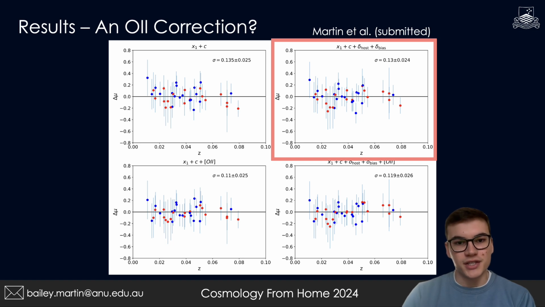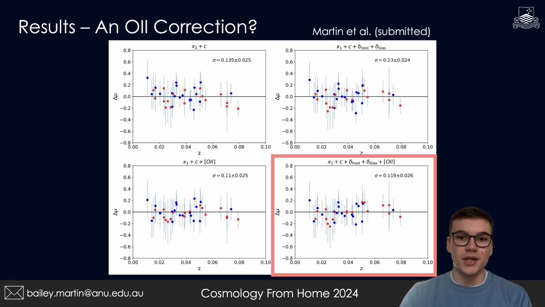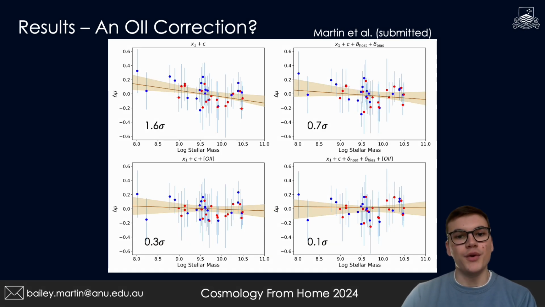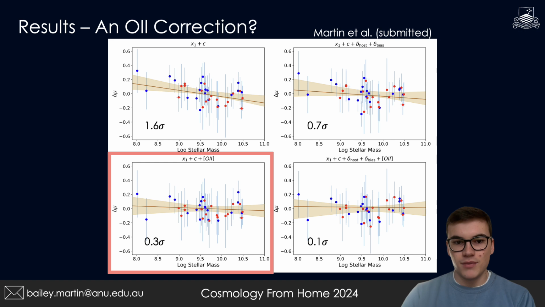We also see a reduction in scatter when both an O2 and a mass correction are applied, but this doesn't show any clear improvement over a pure O2 correction. Now, we also looked at whether the O2 corrected Hubble residuals still show correlations with the other host galaxy properties. We find that the O2 correction alone removes the host galaxy mass step without applying a dedicated mass correction at all. This was not the case in reverse, which means that the mass correction did not account for the O2 correlation that we saw. This all suggests that O2 is more closely linked to this environmental systematic that's inducing scatter